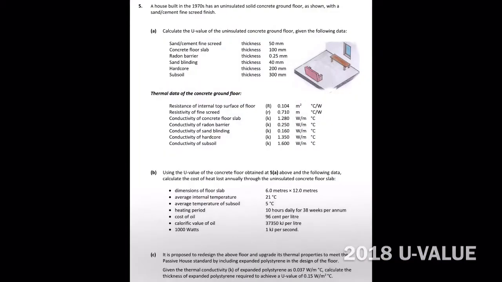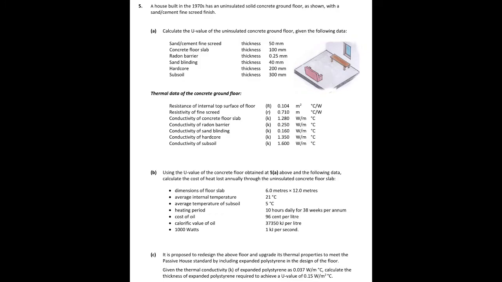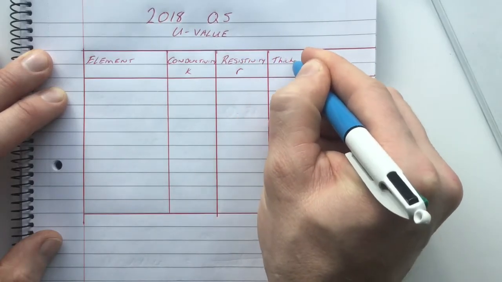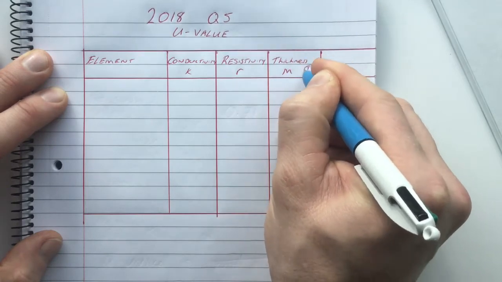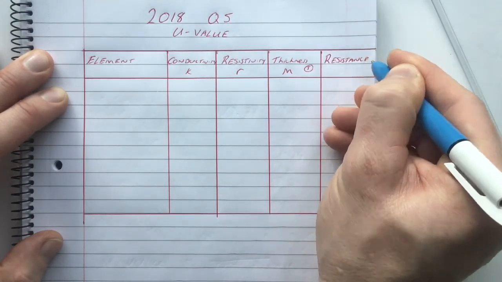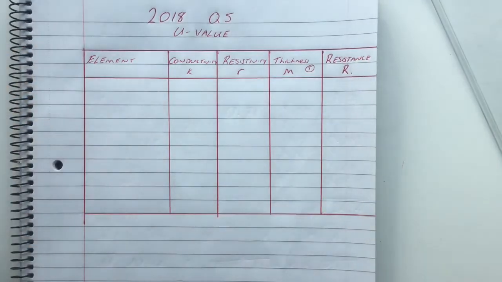The 2018 higher level question asks us to calculate the U value of an uninsulated ground floor, the heat loss associated with it, and how to bring it up to modern living standards with passive. To start off part A, I divided a sheet 170mm across into 50, 30, 30 and 30